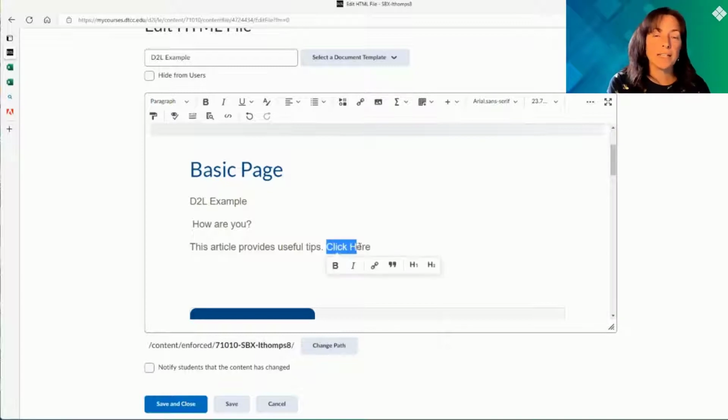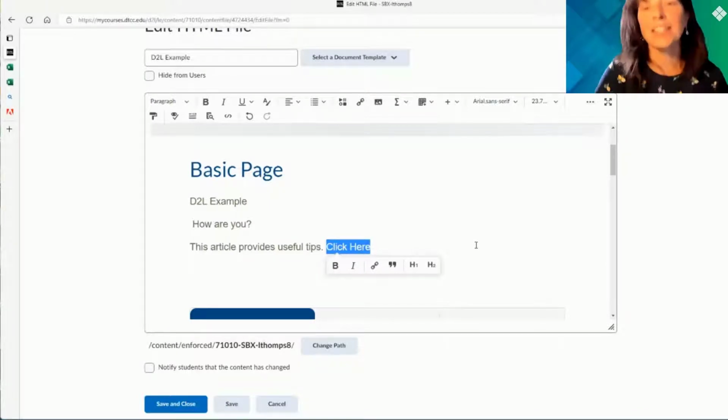Unfortunately, that can get really confusing if someone's using a screen reader. I do have a bullet in this presentation about accessibility, but I want to talk to you about it throughout because accessibility is so important. So if I say click here, the problem is, one, that it says click